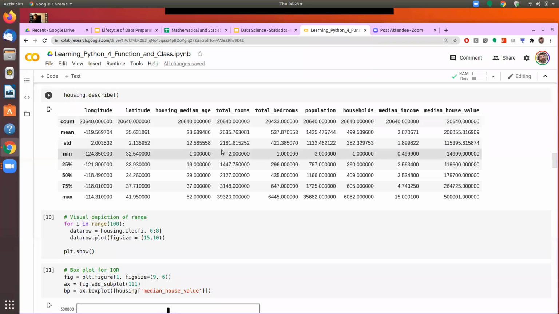And therefore in that area, both of these things will actually correlate with the number of households. It means that if the number of houses is higher in a given district, then the number of bedrooms also would be higher and the number of total rooms also would be higher. So these three elements should ideally be highly correlated. Also, the population is the number of people living in those houses, which also should have a higher correlation with the number of households, because if you have more houses, more households, obviously the people living in those houses would also be higher.